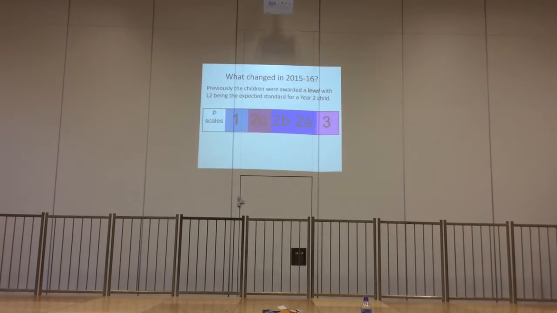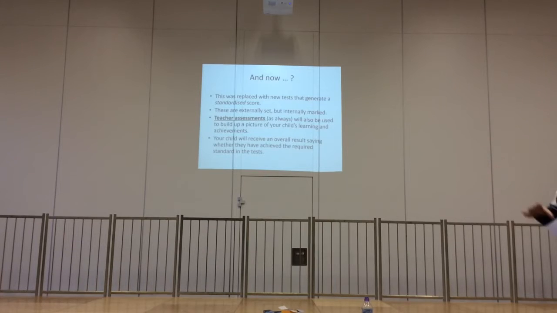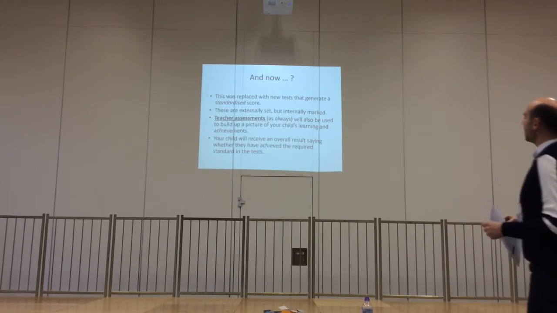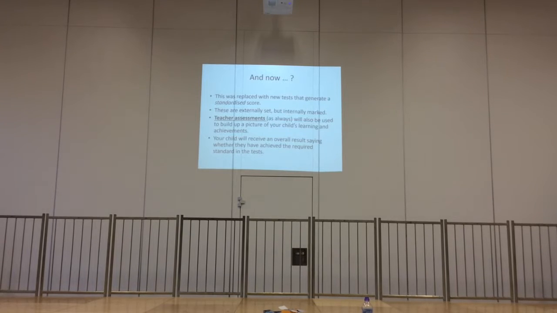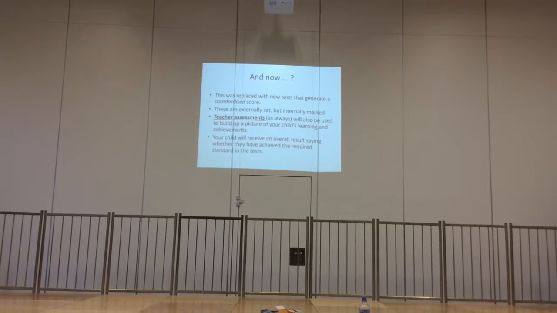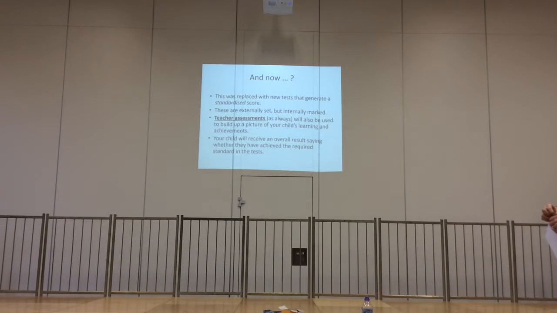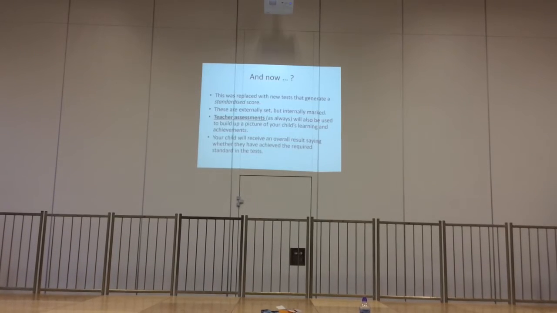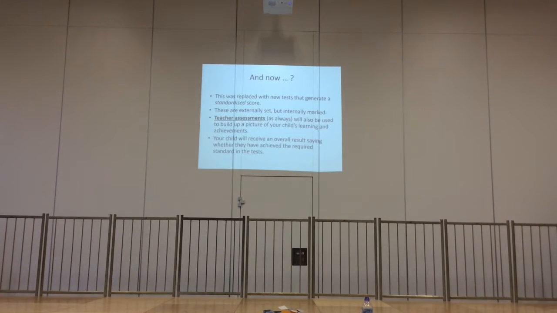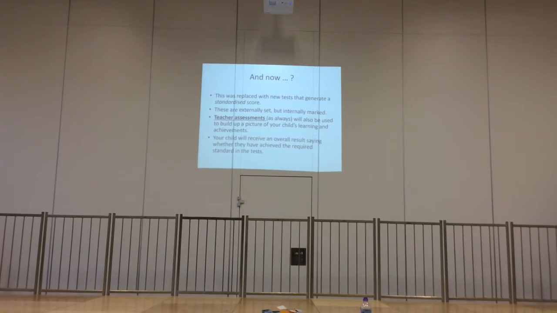But then everything changed, and all those levels disappeared and were replaced with some new tests. Now, it gets a bit weird here. These tests generate a standardised score. The tests are externally set and internally marked, so we have no idea what the tests are going to look like, but we mark them internally, which is a difference to what happens at the end of Key Stage 2